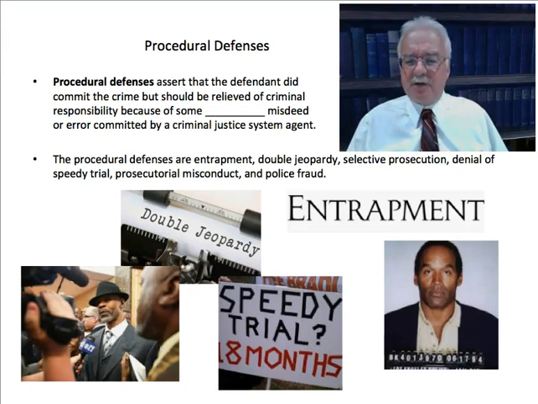Then we moved on to the excuse defenses. And these are defenses that said, yes, I committed the crime, and it was not for a good reason, but I should be excused from criminal liability because of something wrong about myself, maybe mental illness, or something about the situation, like provocation. So now we're going to move on to the next group of defenses, and these are the